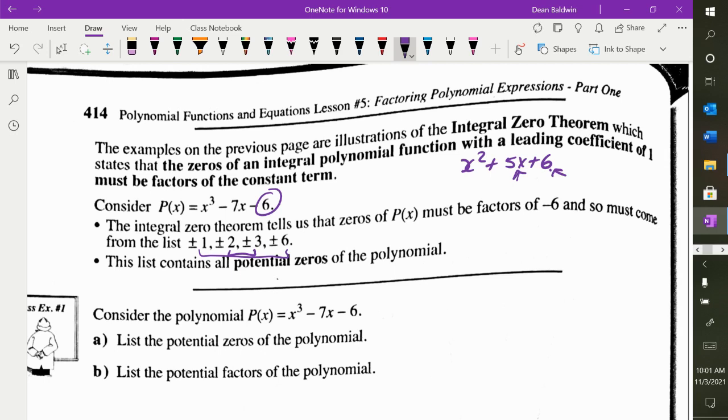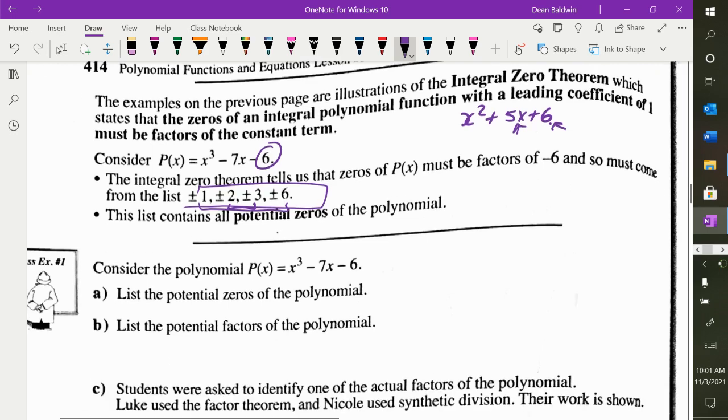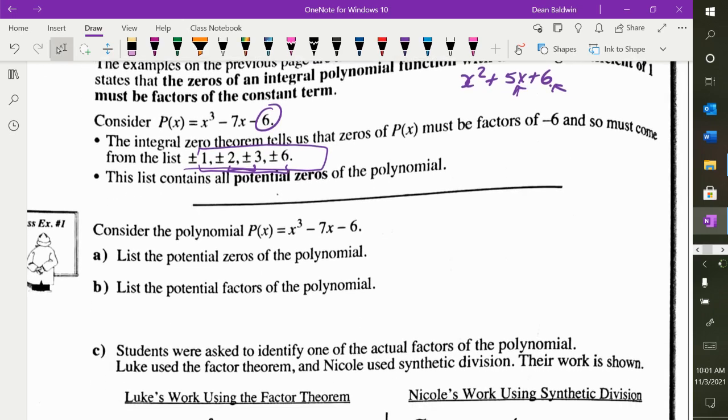So you have to put plus or minus. So these are the potential factors, or they are factors of negative 6, but they're the potential factors of this polynomial, okay? So all you do is you look at the constant term and you find all the factors. Now, to write them in as a factor or 0,